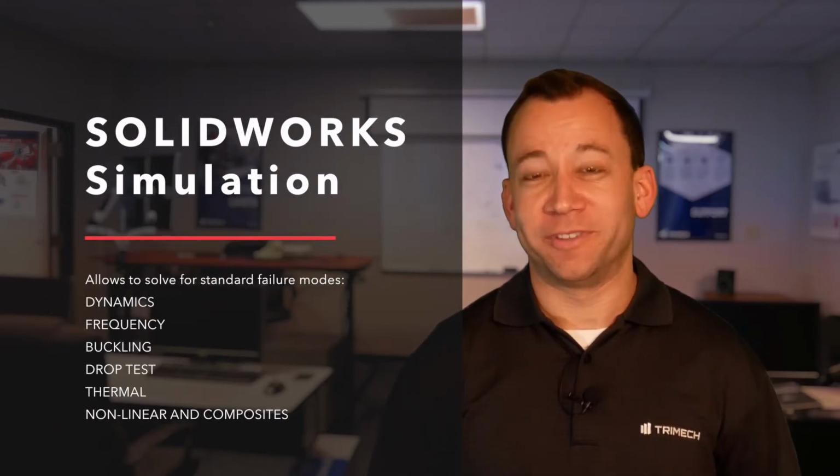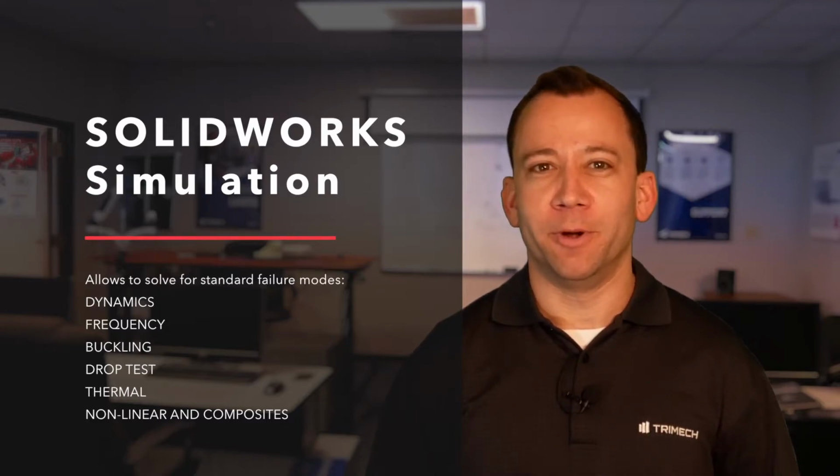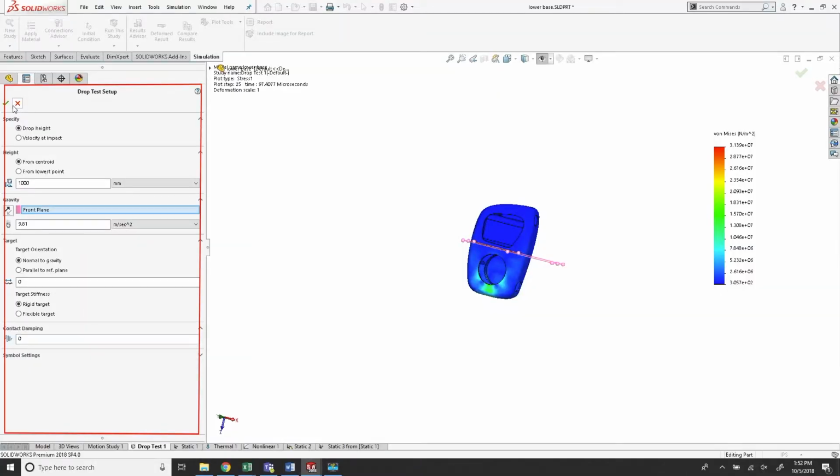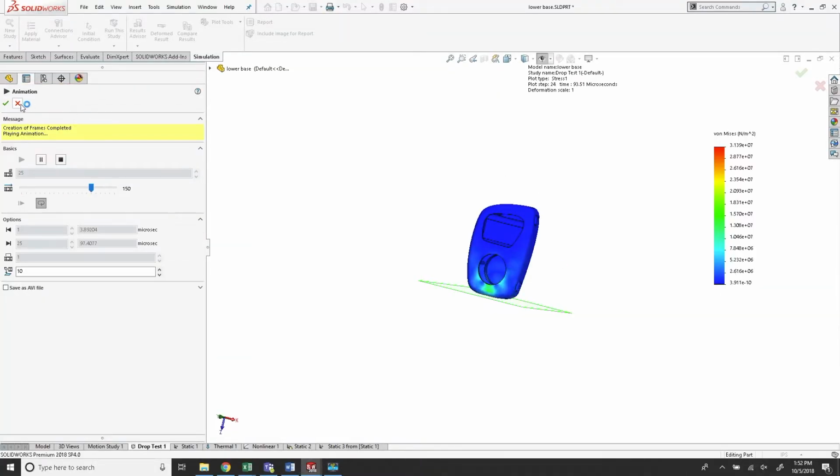Now that we have some results from a static condition, what about other failure modes? It can be dropped, heated, and maybe even bit. Setting up the more advanced analysis is just like our static study. First, drop test. We set an initial height or velocity, floor conditions, and we can see the response from the